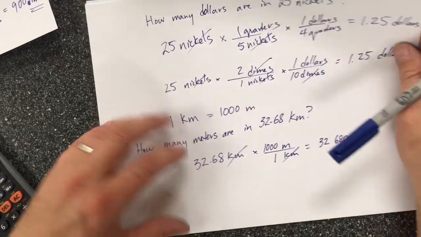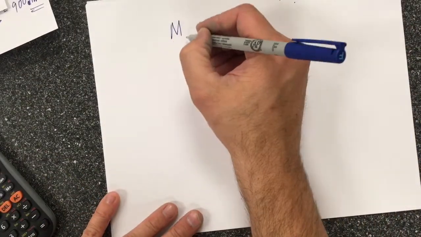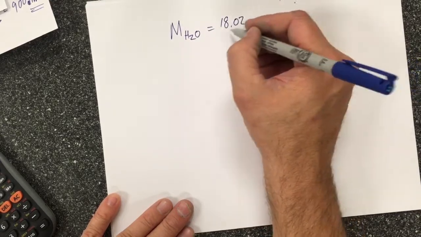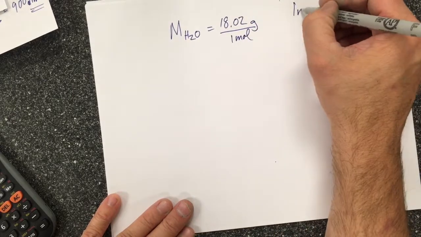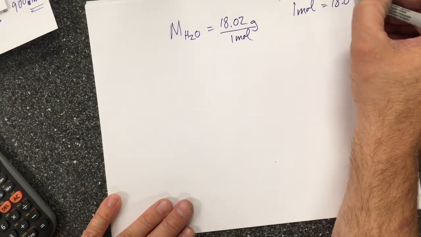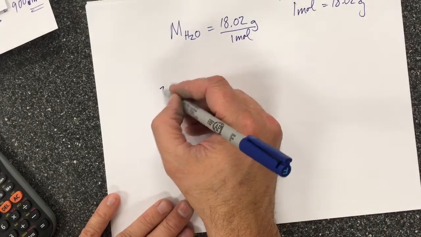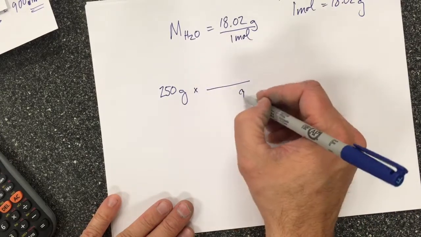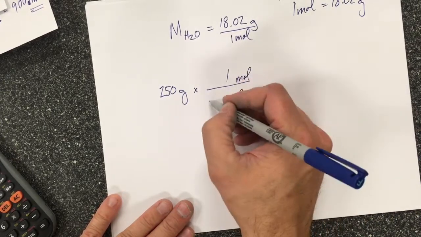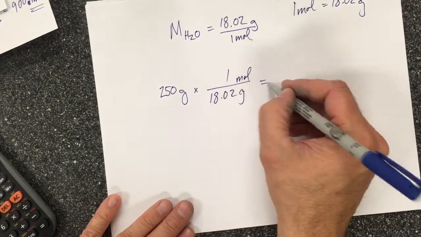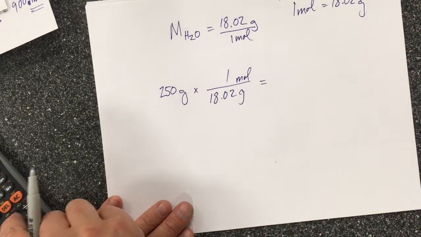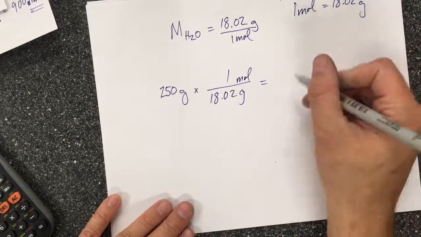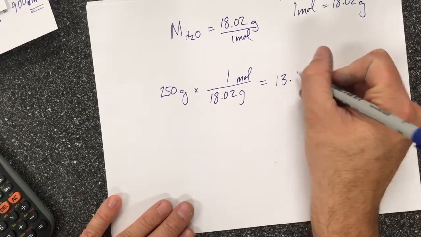If we took this into a chemistry sense, the molar mass of water is 18.02 grams per 1 mole. So 1 mole of water equals 18.02 grams. If I have 250 grams and I want to find out how many mole, I'm going to put grams in the bottom and mole on the top. 1 mole is 18.02 gram. And I can take 250 times 1 divided by 18.02, and I get 13.9